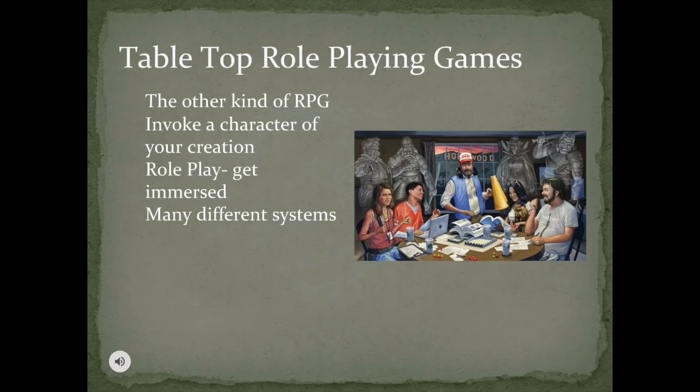Furthermore, there are many different systems. In this presentation, I will usually be referring to the 5th edition of Dungeons & Dragons, which is the most current and popular iteration of the game. There are hundreds of other systems beyond just D&D. There's Call of Cthulhu, Shadowrun, Edge of the Empire, just to name a few. And they all have different genres too, so you can see sci-fi, you can see fantasy, you can see modern, you can see alternate universe, many beyond that as well.